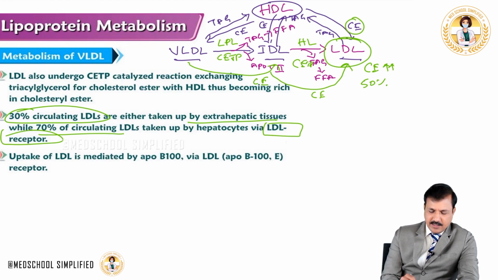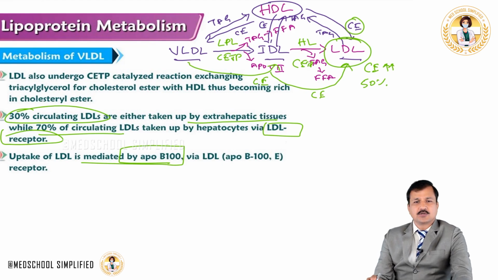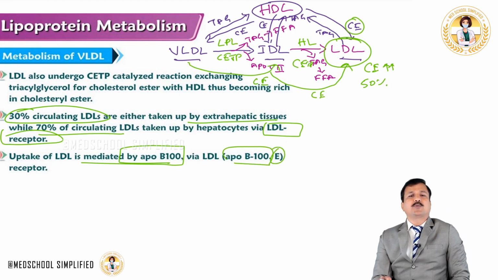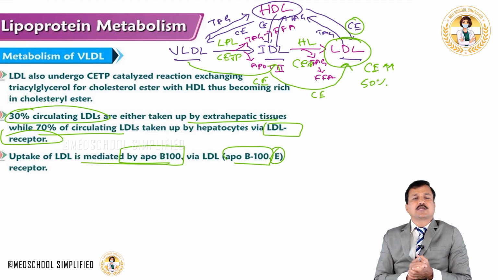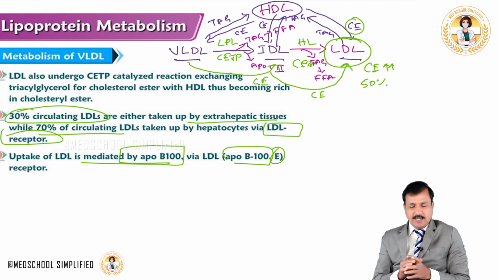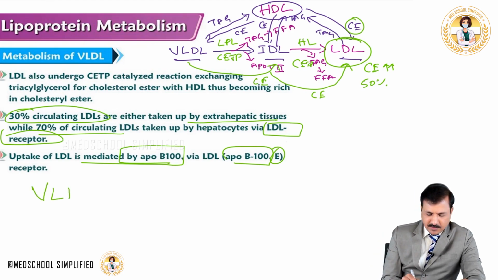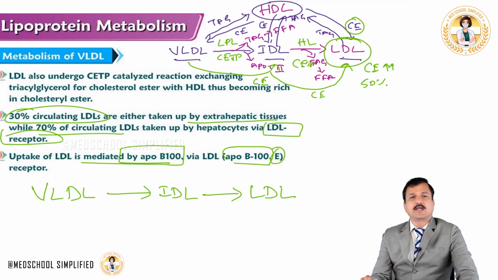And the uptake of LDL is mediated by Apo B-100 as the ligand. So LDL binds to the Apo B-100 receptor, and some of them can also bind to the Apo E receptor, but mainly LDL is taken up by the tissues with the LDL receptor, which will recognize Apo B-100 as the ligand. Okay, and that is how overall VLDL is metabolized into IDL, and IDL is metabolized into LDL, and LDL is